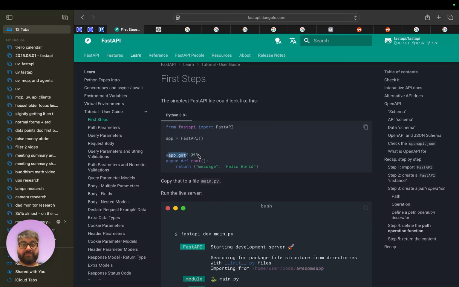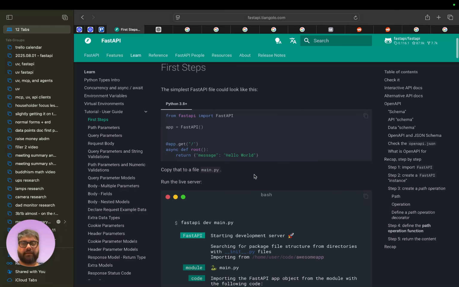And then this is the actual URL for your endpoint, right? So it's just root here. So async def root, return message, hello world. Basically, when you go to the root of your endpoint, which is literally just forward slash, that's the root directory. It's not just an API thing, that's a file system thing, and it applies here because we use URIs and URLs, but they're also paths essentially.